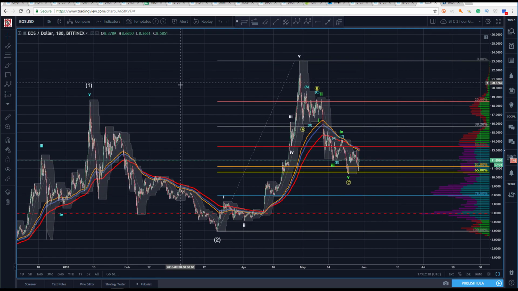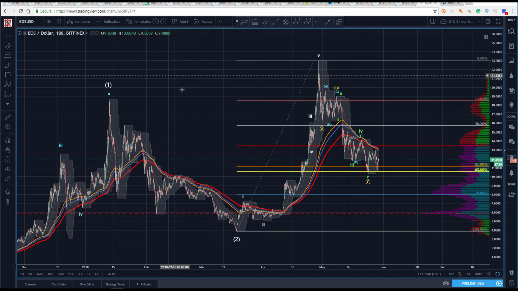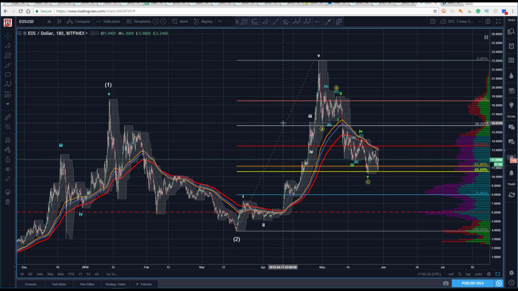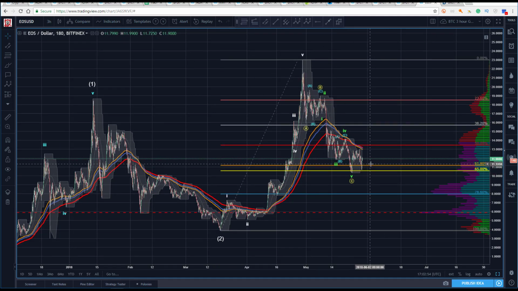So I would encourage you, if you're thinking about trading in EOS or you currently own some EOS, just Google around, do a little research on your own. That's just part of the process, so you understand what you're trading. I encourage you to do a little digging on that so that you can interpret whether or not you want to hold a position like this or take a new position.